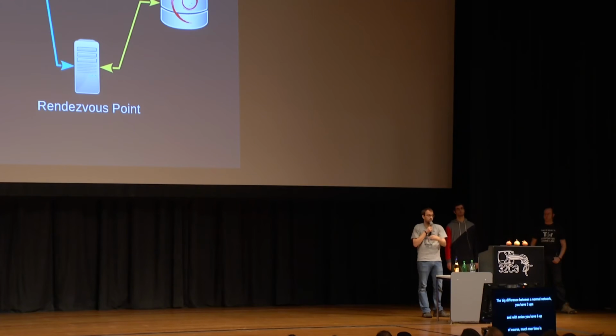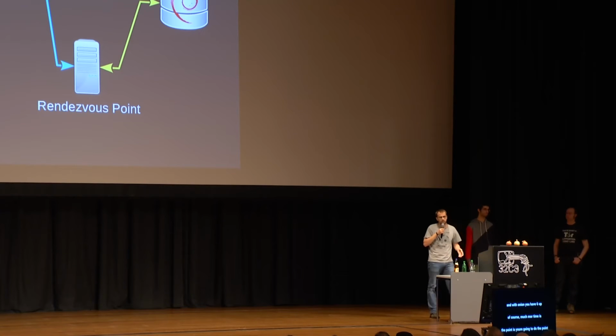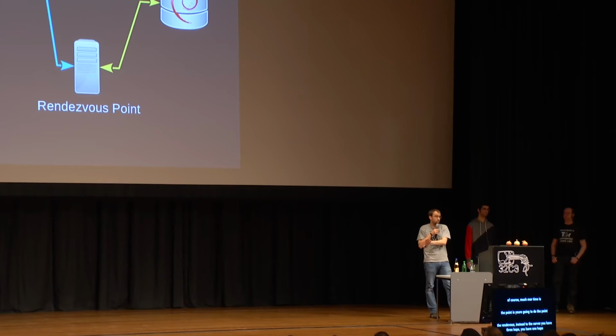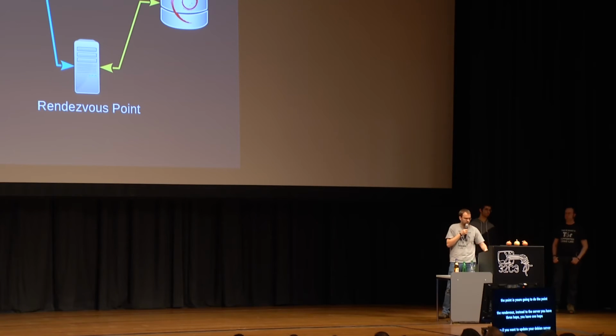Now, we have this proposal going on, which is the rendezvous single onion services. The point is, you're going to do the dance, the introduction, the rendezvous, and then once you go to the rendezvous, instead of the service going 3 hops, you're going to go 1 hop to the service. So in here, we have this artist wanting to update her Debian machine, let's say. And the Debian server doesn't care much about anonymity because we know where the Debian servers are, and that's fine. Thus, clients still have anonymity with the 3 hops, the service doesn't care, so only 1 hop. And then it goes way faster. So that's something we're hopefully going to deploy soon.